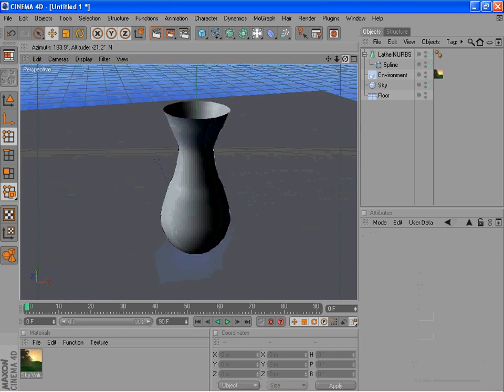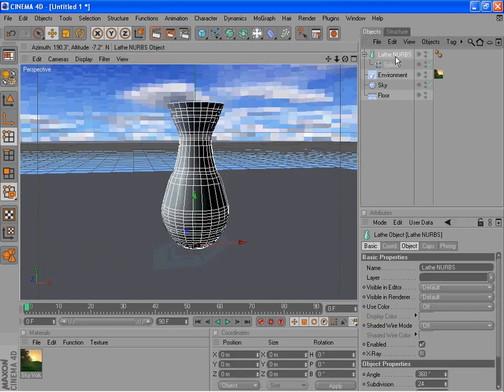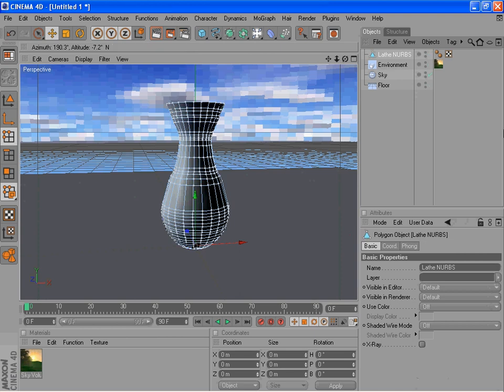To make it permanent, so it cannot be editable anymore, we select the lathe NURBS object in the Object Manager, scoot across, and click Make Object Editable. Now it's a permanent polygon object. Back to normal mode. Now we have something we can play with, so we can create a texture,